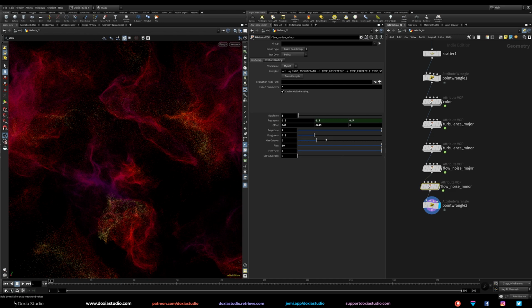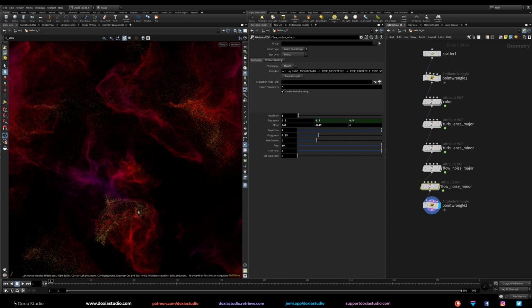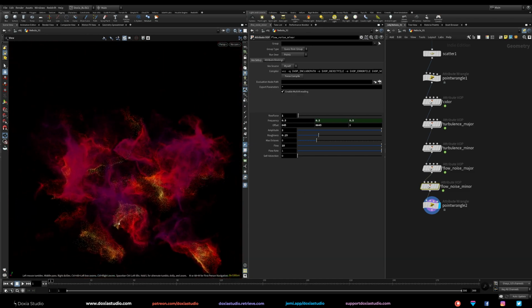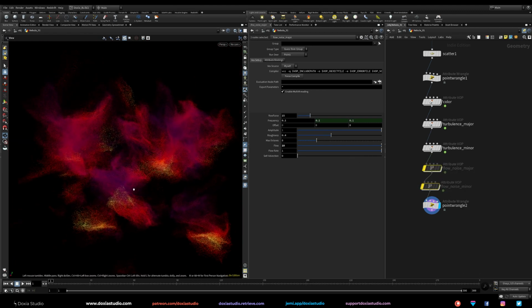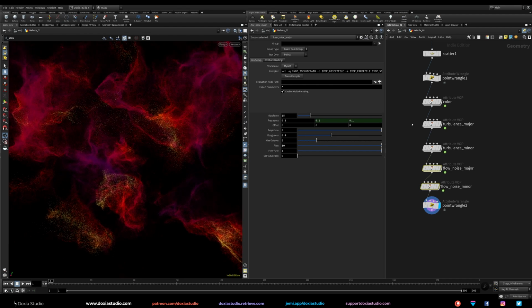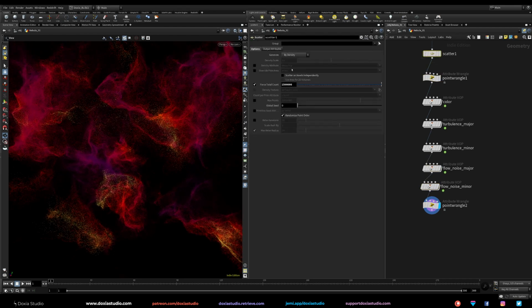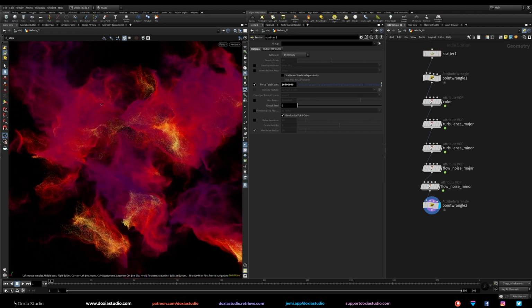Maybe now it's way too small. Okay, that's cool. And can we increase the roughness a bit? Okay, and as you can see, that looks more like a nebula, right? Other than a noisy gas with points. That's pretty cool. And now, of course, we can increase the scatter even more, like go to 10 million. And let's see how it looks. Of course, now it's applying all the turbulence. And you can see that is pretty cool.